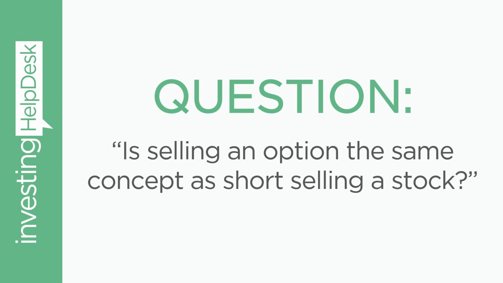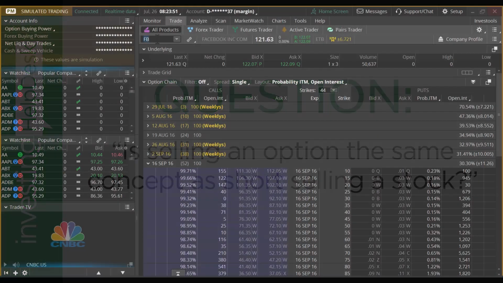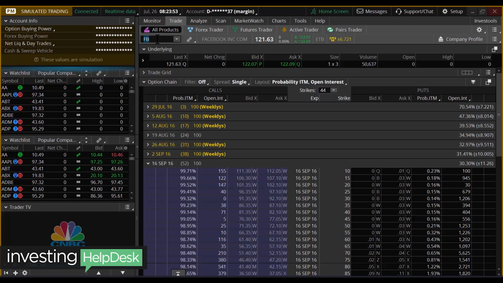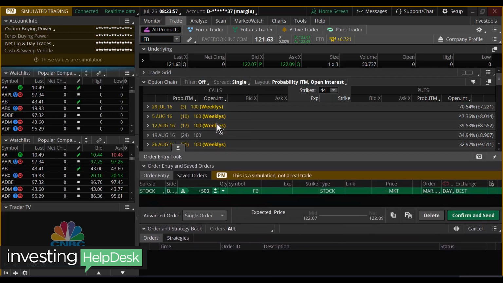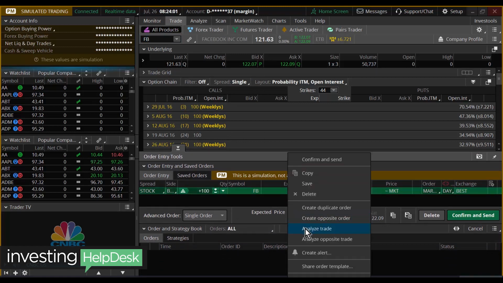In theory, there could be certain similar concepts, but I think the better approach or example is to share with you how this looks as a profit picture. And when you see a profit picture, you'll really start to understand what happens underneath. So first, if we look on screen here, I have a basic simulated paper trading account set up. And if we go ahead and look at buying, we're going to say 100 shares of Facebook stock, and we